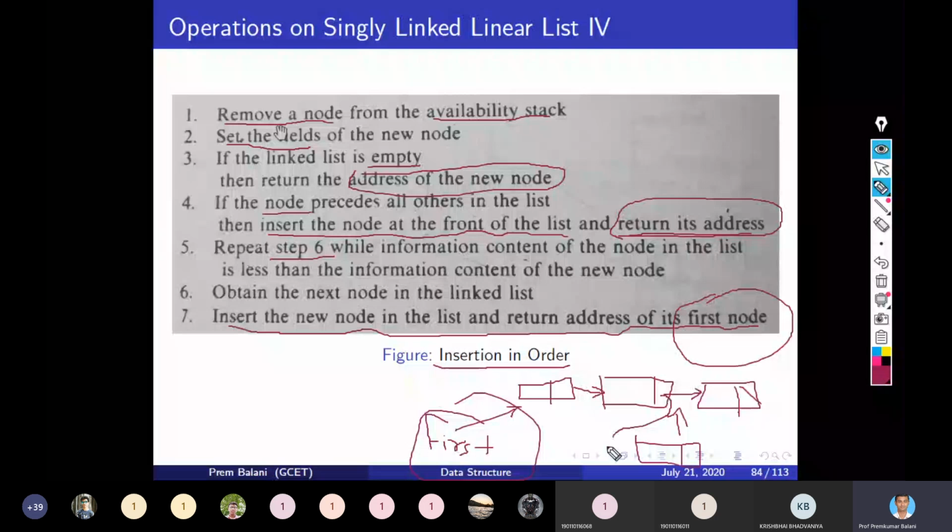You update this link here and the next part will be here.